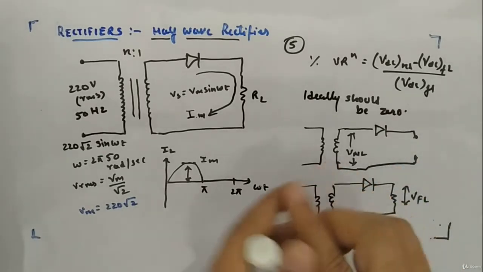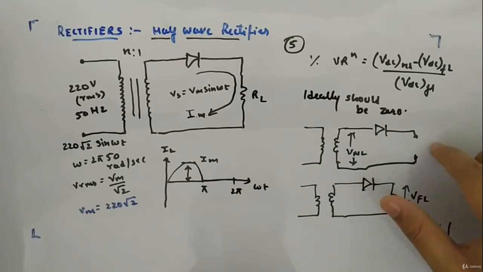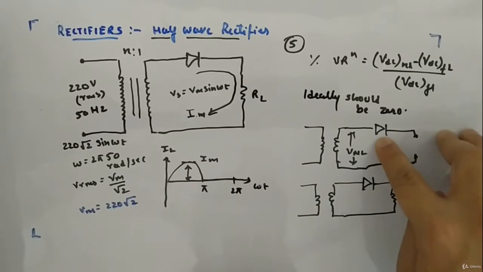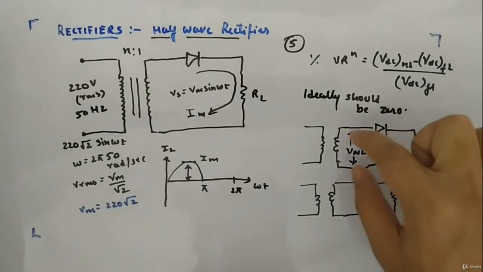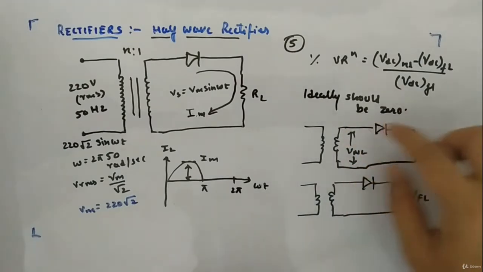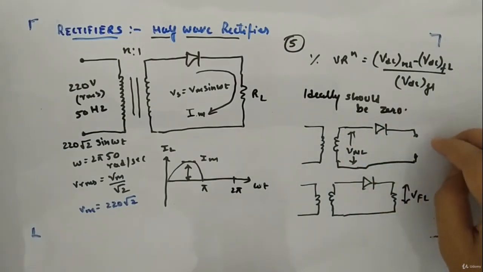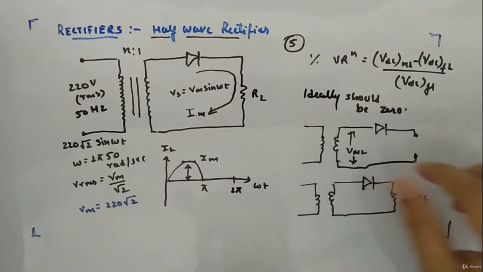Okay, and at that point of time there won't be any current because it's open circuit, and if there won't be any current, there won't be any drop across any element. Even if we have RF, the forward resistance of this diode, there won't be any drop across the resistance because the current is not there, it's open. So whatever the secondary voltage will be, that voltage will appear everywhere. Okay, because it is open circuit, and that voltage is called the no load voltage.